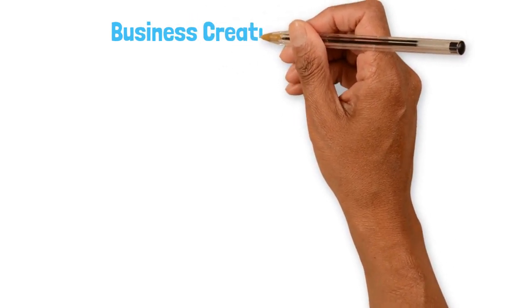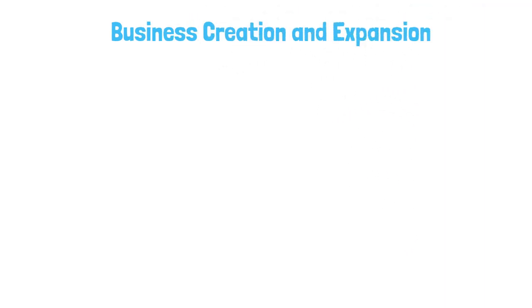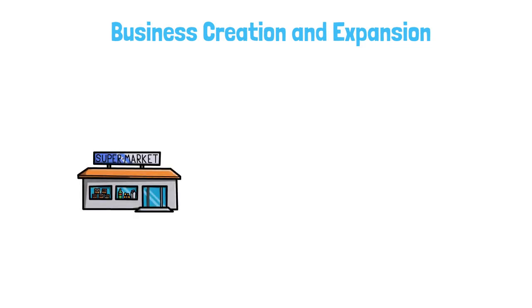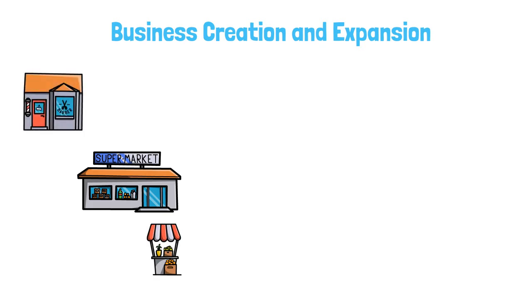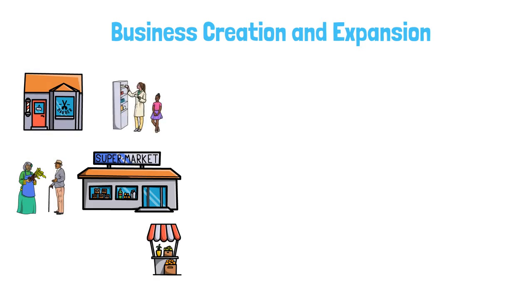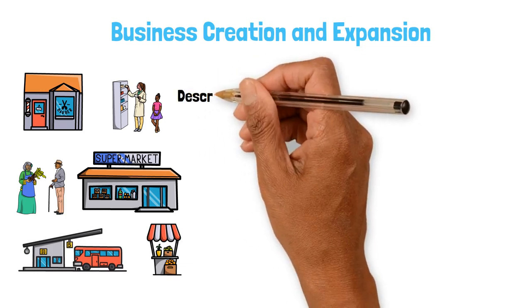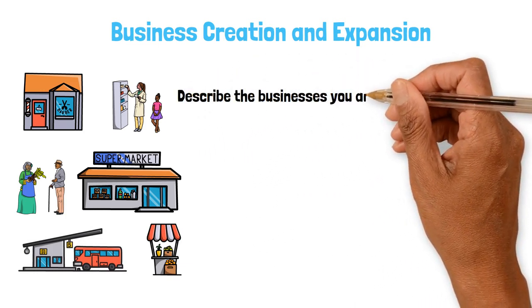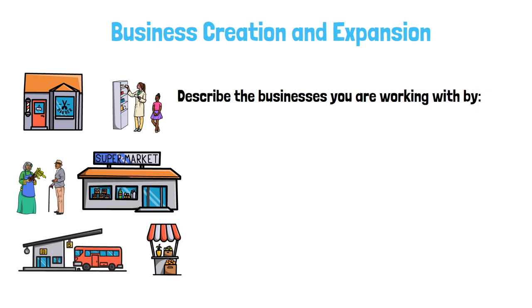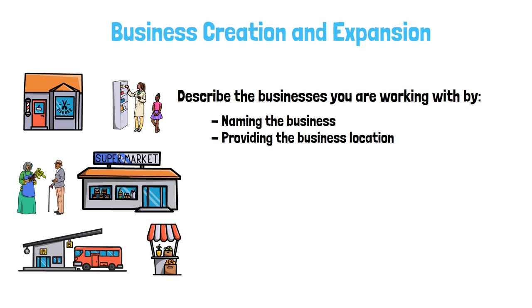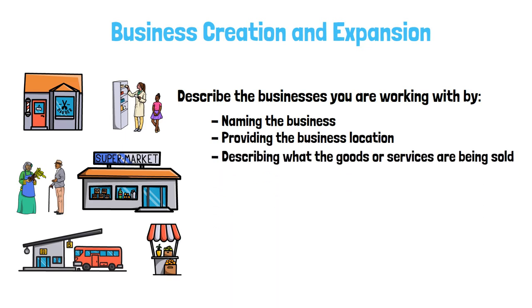A key part of your project is business creation or expansion. You may be working with one or more businesses. It will strengthen your application to have selected specific businesses to create or expand. If your project is a revolving loan fund, select the businesses that will receive the first set of loans. Your application should clearly describe the businesses you are working with by naming the business, providing the business location, describing what the goods or services are being sold,